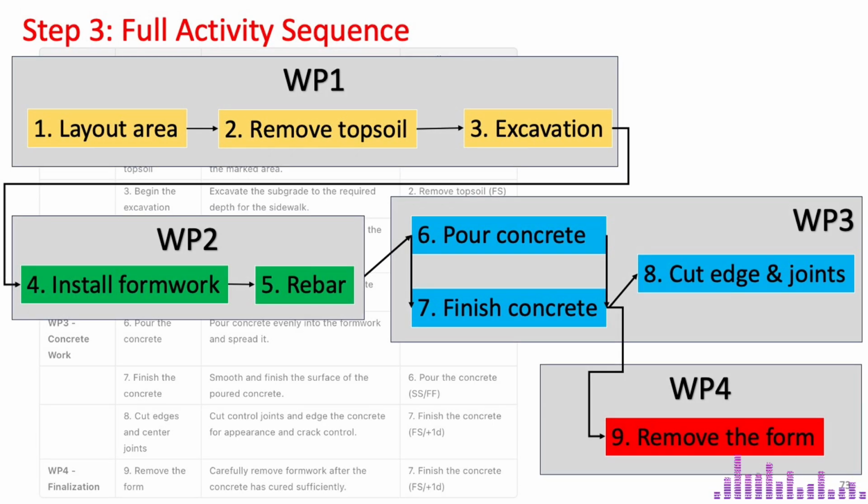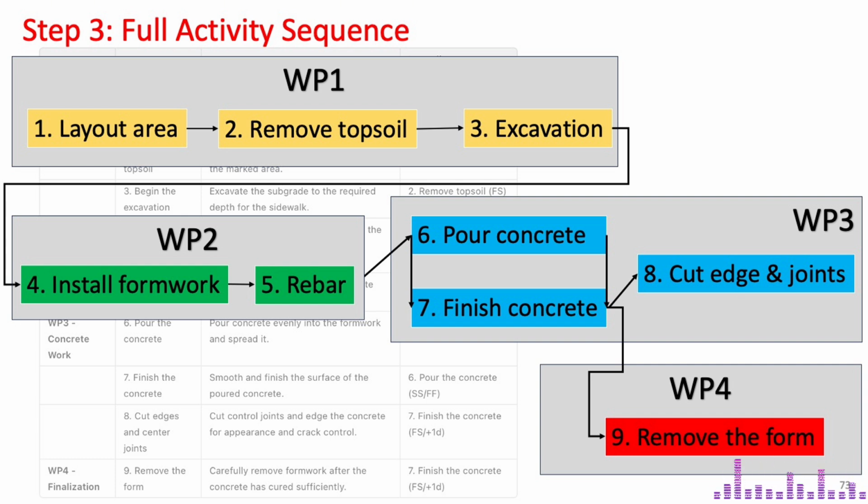At the activity level, the sequence follows this order: Activity 1, Activity 2, Activity 3, Activity 4, Activity 5, then jumping to Activity 6. Activities 6 and 7 are concurrent, meaning they must occur simultaneously. After Activity 7, the sequence continues with Activity 8, and then Activity 9. As you can see, most activities follow a linear sequence, progressing one after another except for Activities 6 and 7,